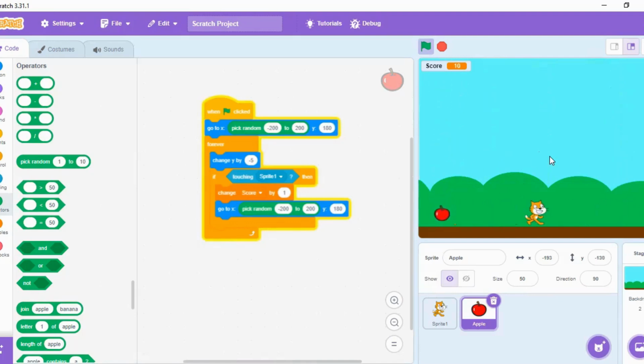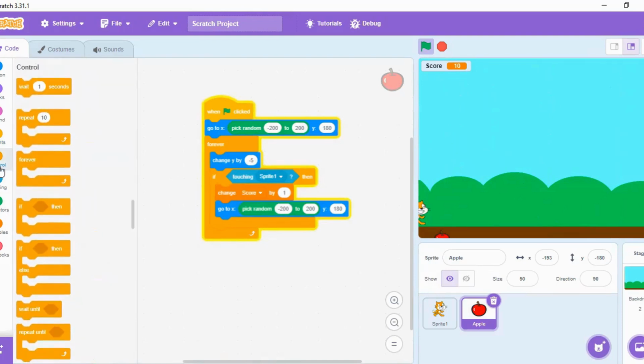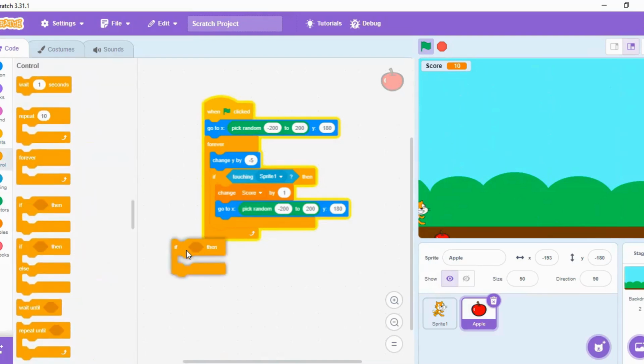Now the second thing is, if the cat is not able to catch this apple, then it should show that the game is over. So what is the condition for that? Let's again take a control block, an if block, where the y position of this apple is in negative, touching the ground.